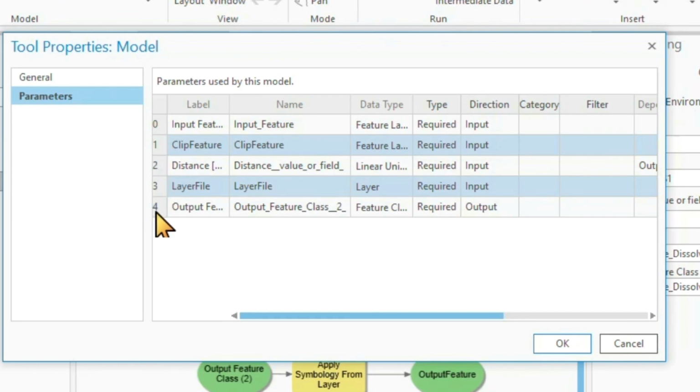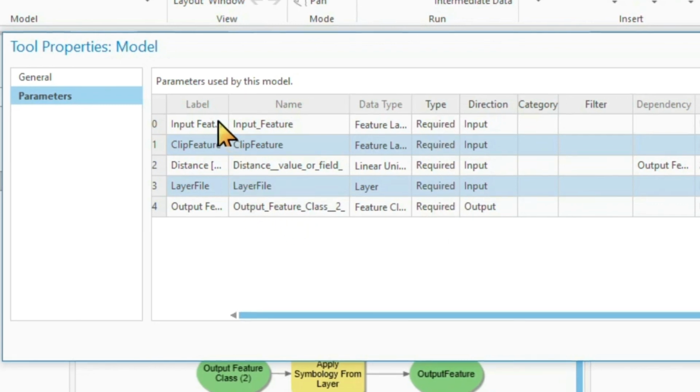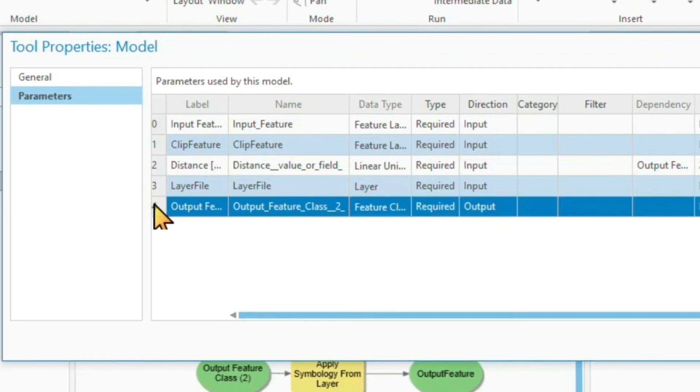And here are 5 parameters, starting with 0 and then just numbered through. Here is what they do. Some parameters may be required, some may not be. And for instance, I have my input feature, I have my clip feature, I have my output feature. I want to do that first. So if I wanted to move this around,